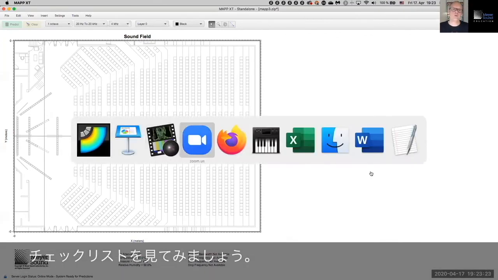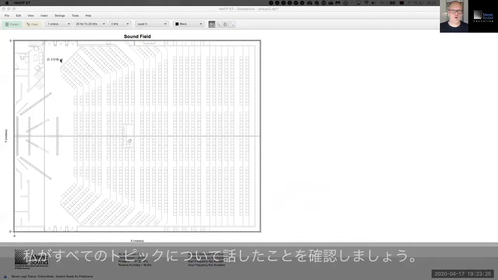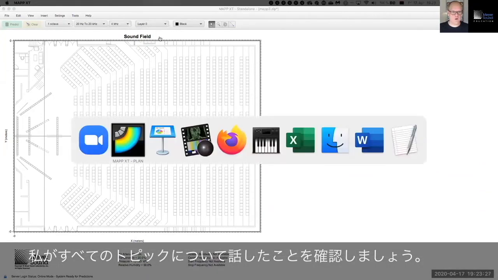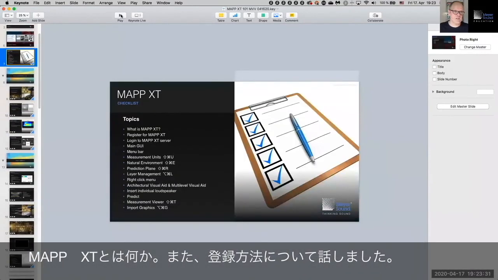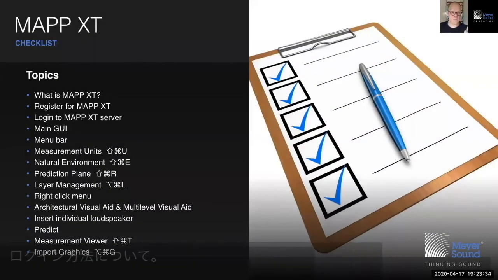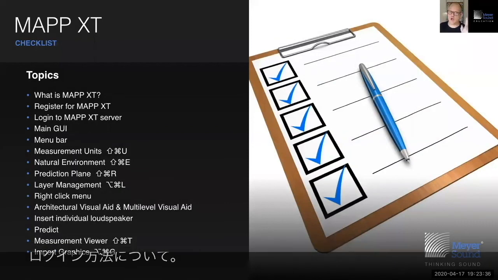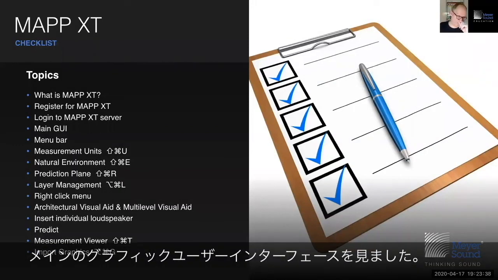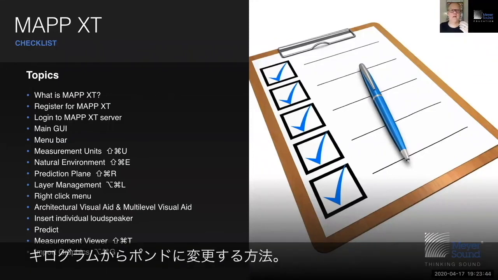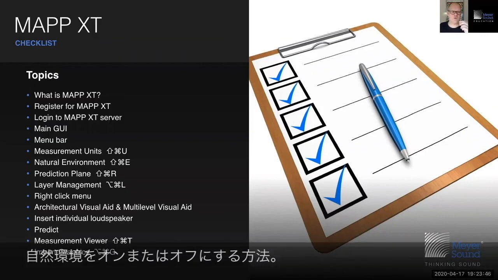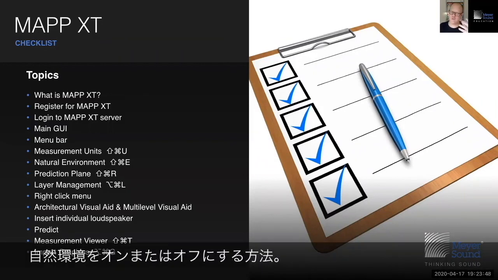Okay, let's go to the checklist. Let's make sure that I've talked about all topics that I wanted to cover today and make sure that I did not forget anything. We talked about what is Mapp XT, how to register, how to log in. Otherwise, you cannot make any predictions. We looked at the main graphical user interface, the menu bar, how to change your measurement units from meters to feet and kilograms to pounds, how to turn off the air, as I like to say, how to turn on